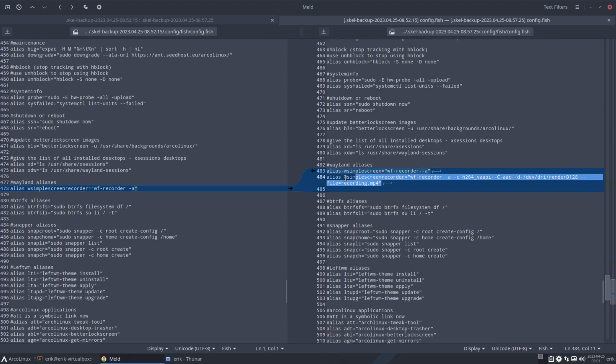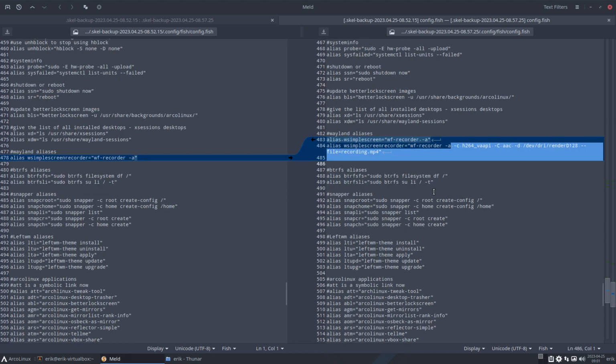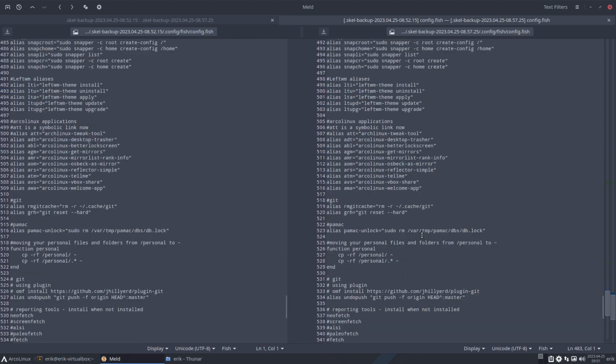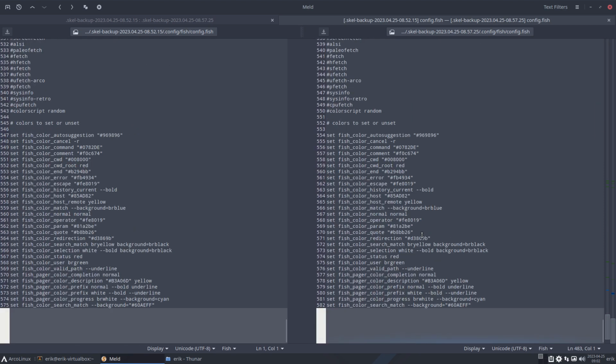And this is for Hyprland, Wayland aliases. So W simple screen is this one, and this is a very complex thing, but it works on my machine anyway, right? To record super high definition videos for you guys. So I type W simple screen recorder because that one works. This one is a bit rubbish, okay? Keeping it around till it improves this